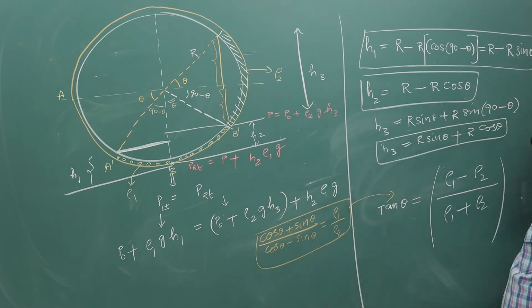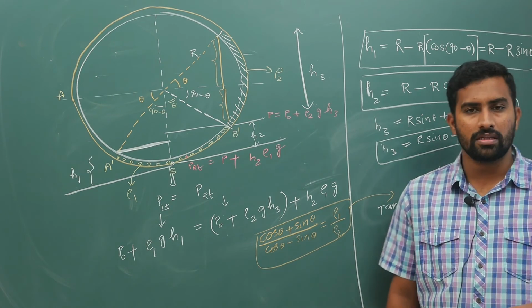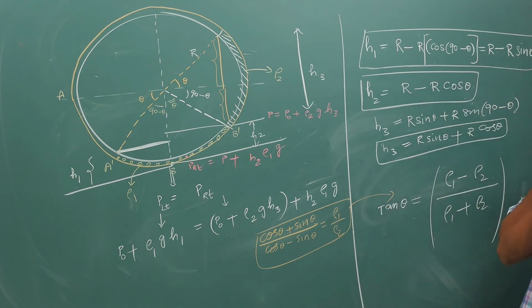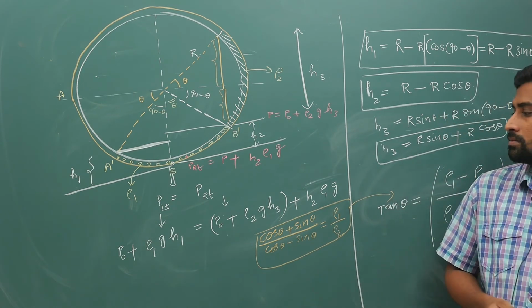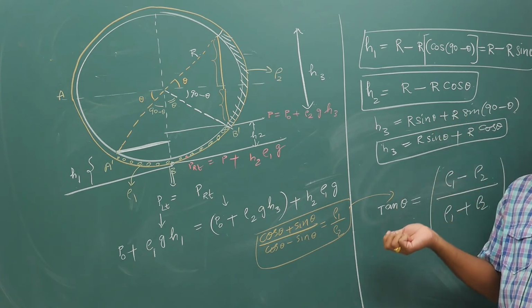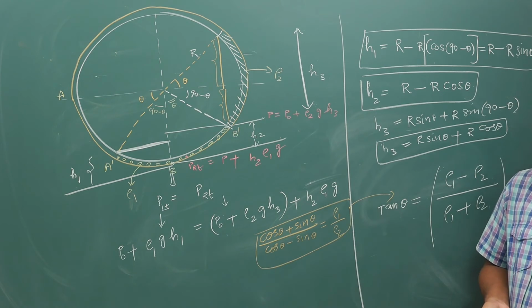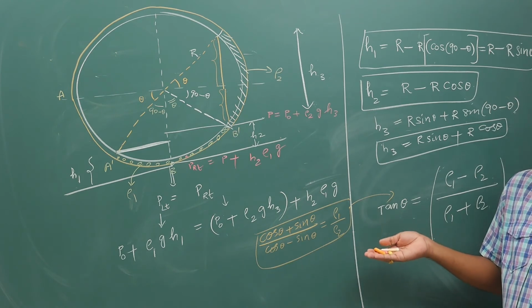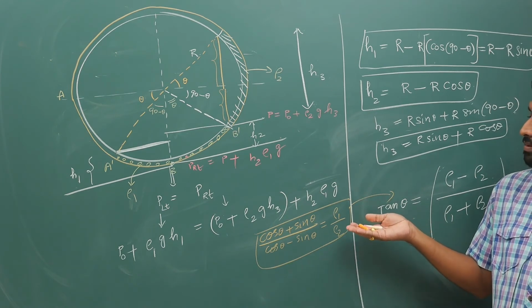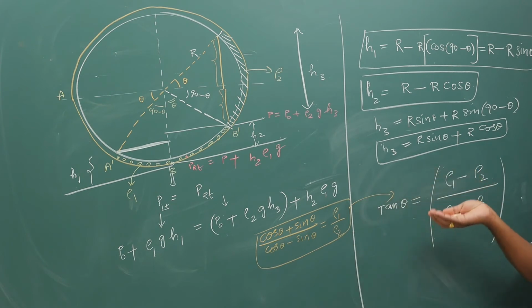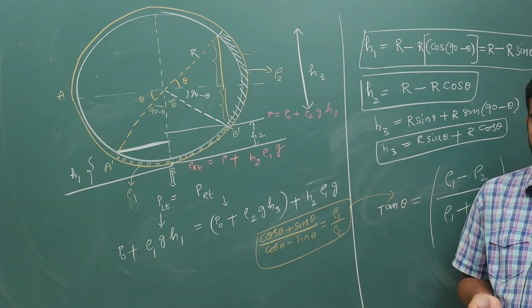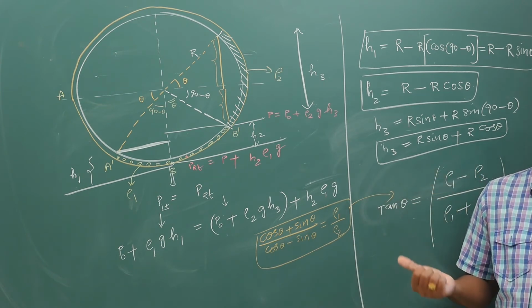Do the simplification. I will not waste my time in doing the basic math stuff. You should be able to simplify it. What is the point? I have given almost all the values. Nothing is left off. P0 will cancel off. G also will cancel off. You will have rho 1, rho 2 and H terms. That's all. Substitute those values. Right, you should get this answer.